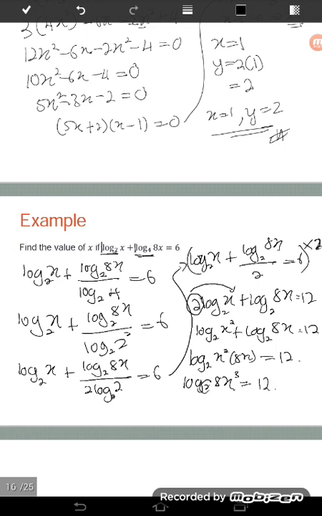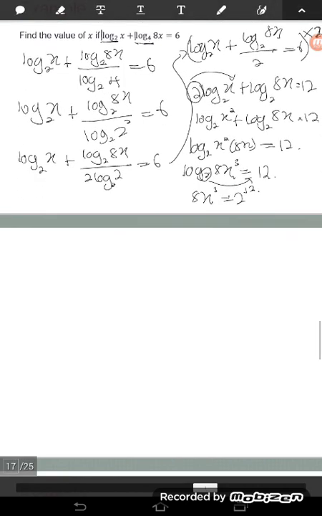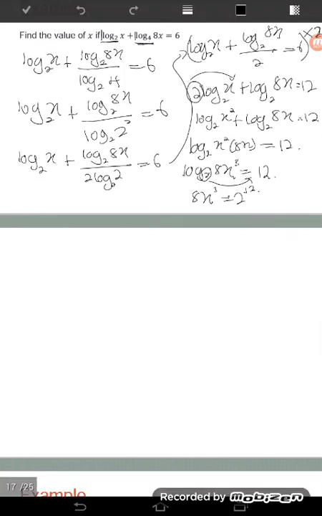And then in this form, we need to change into indices. Okay, so dalam bentuk sebelah ni log dan sebelah ni number. Okay, so if you see this form yang sebelah log sebelah number, so we need to change into indices. So 8x power of 3 is equal to 2 bawa pergi sebelah, so 2 tendang 12 naik atas, so 2 power of 12. Okay, next, so 8, this one is actually 2 power of 3, so I have here 2 power of 3, x power of 3 is equal to 2 power of 12.